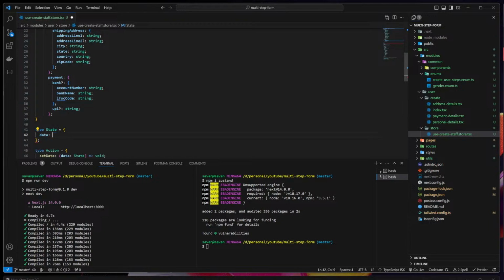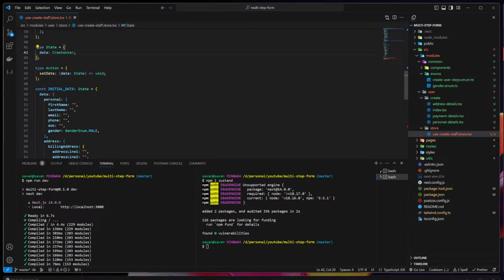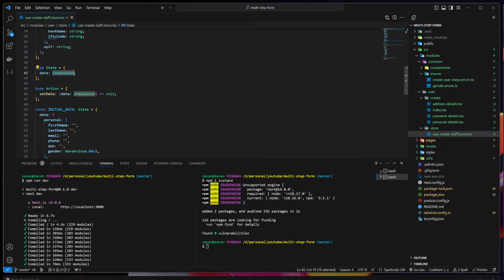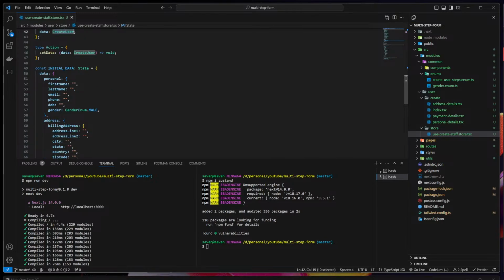It will be create user, and there will be some actions responsible to have. It will be of type create user. We can get the data that will be of type create user, and then having state and